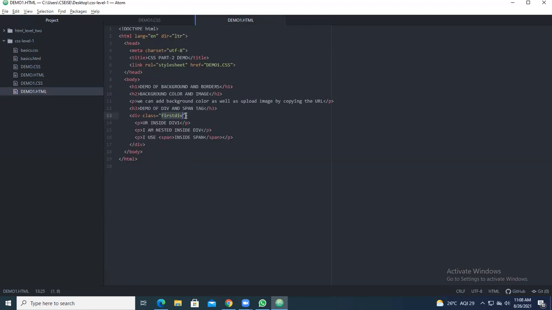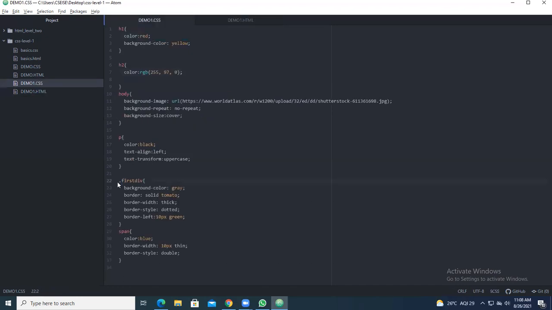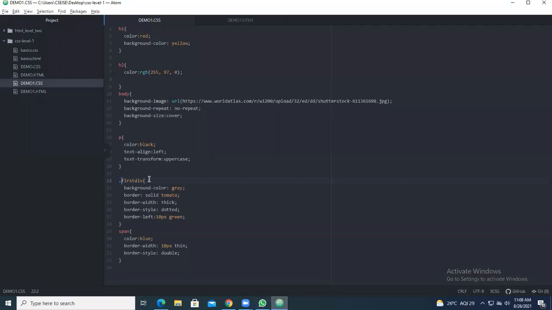So here we have given it as first div, and here you have to give dot first div. Then the settings will be applied here. That is applying the CSS through an attribute. So you can apply the style through a tag as well as through an attribute.